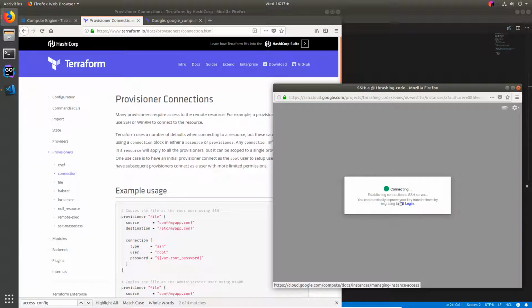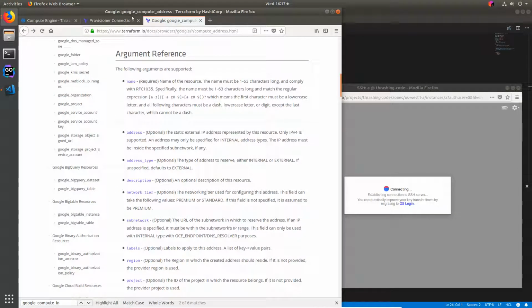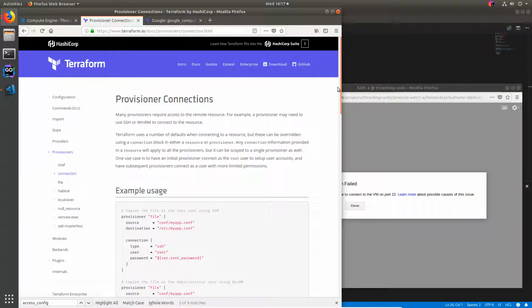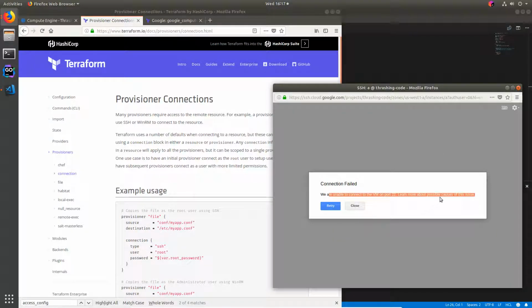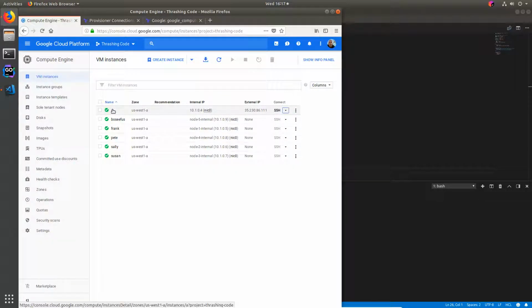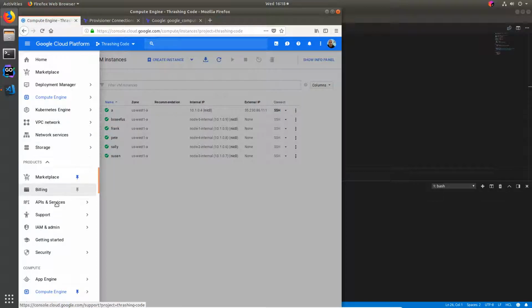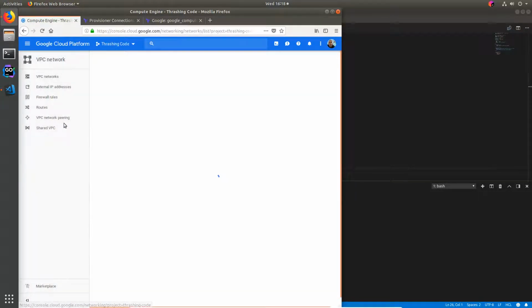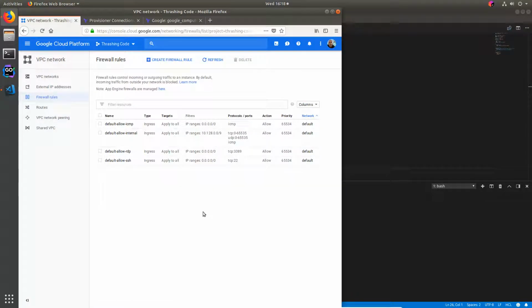To OS login. Oh yeah, whatever. No. Uh-oh. Oh, okay. So see, this is important stuff. This is the kind of thing you need to take care of when you're setting up Terraform stuff. So I'm going to go in here. Let's look at this. There we go. Firewall rules. And I'll bet, what do I have? Targets applies to all, but does that, yeah, default network. So